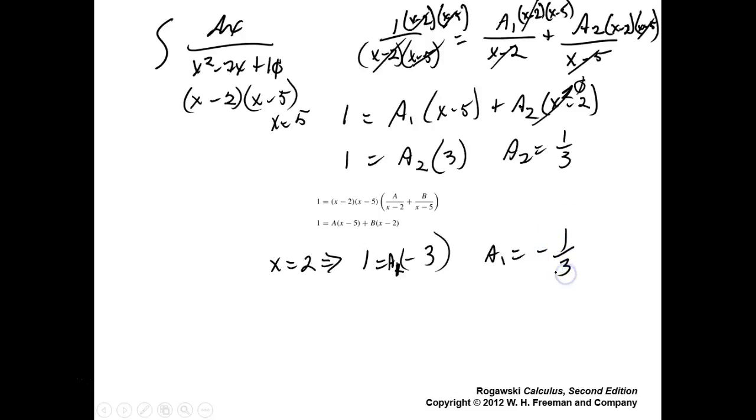Negative 1/3. Okay. So now we go back to our integral, and that becomes the integral of minus 1/3 times dx over x minus 2 plus 1/3, that's your A2, times the integral of